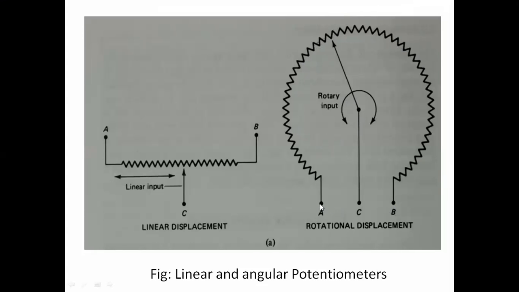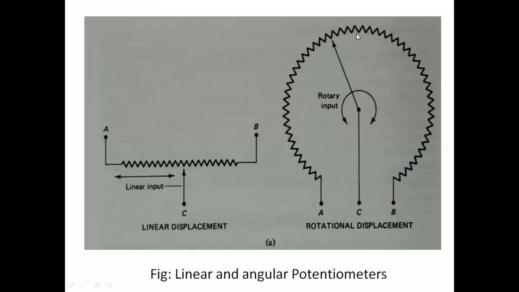Generally we will apply the voltage across A and B. Within the applied voltage, depending upon the position of this pointer, the remaining voltage drop across this resistor will be considered as output. Suppose we get 100% of the output voltage when the pointer is connected at position A, so the output is equal to the input.